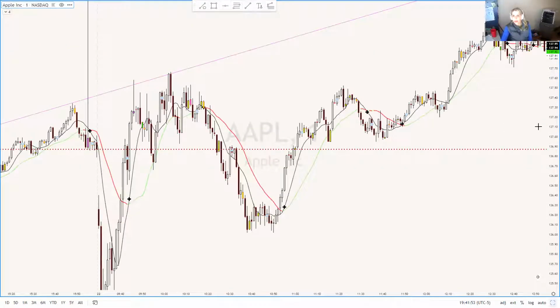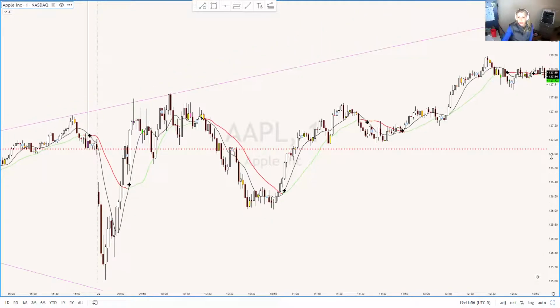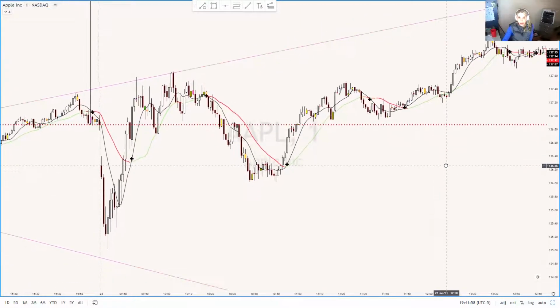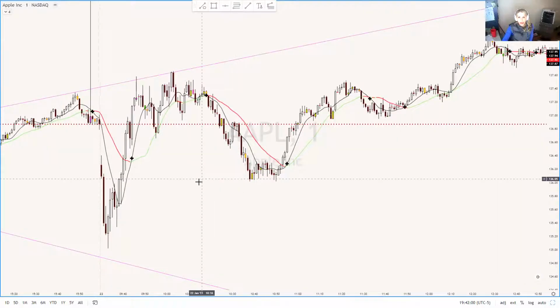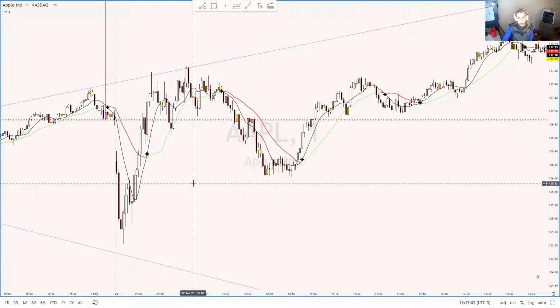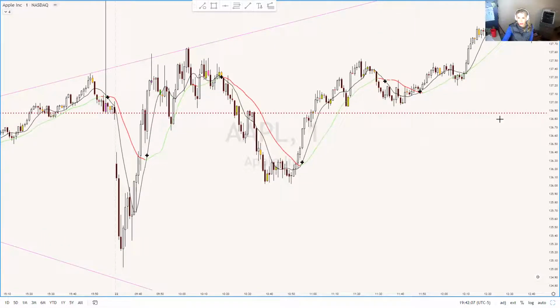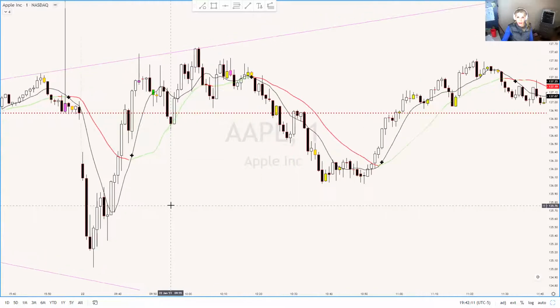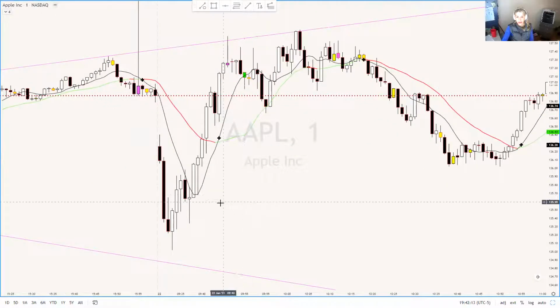And I don't need the moving averages either. I have a 21 exponential and a 9. Where they can really help, though, is for newer traders, just to get a good feel for price reversals and that kind of thing. So I'll talk about that in a second, but here,